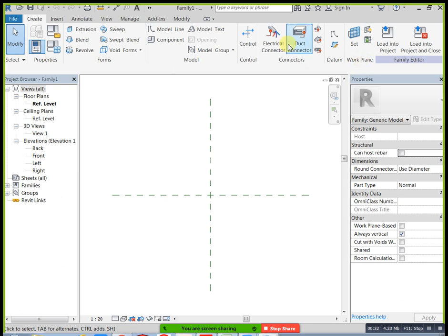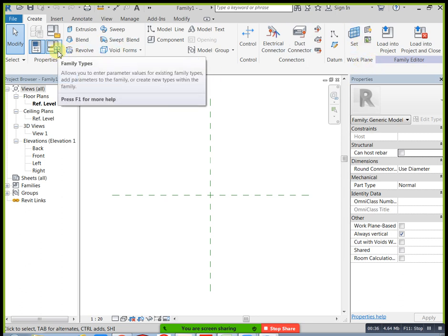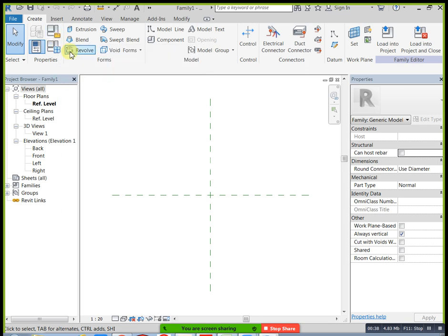Okay, after this is completed, you can see here we have parameters, family types and family categories parameter. First of all, what is a parameter? Why do we need parameters? Parameters are nothing but controlling. Here we can apply our dimensions like length, width, distance, each and everything we can control in our project.